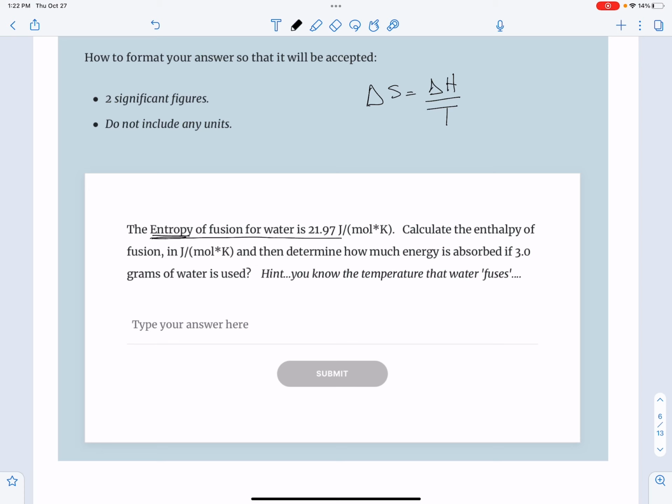So what it's saying is that this term is the 21.97. And then note that if I'm going to rearrange this to solve for delta H, before I even put that in, I'm going to multiply both sides by T. And you can see those ones go away. I'm going to erase those. And so now when I put my T in, again, this is fusion. That's when water is freezing. So that number plus 273.15 is just 273.15 kelvin, times 21.9 joules,